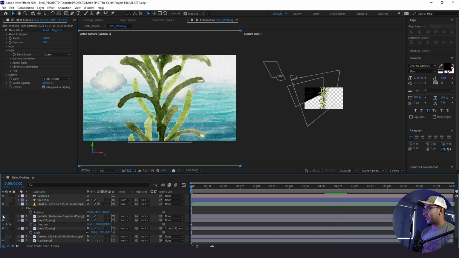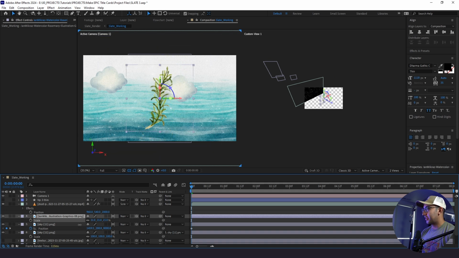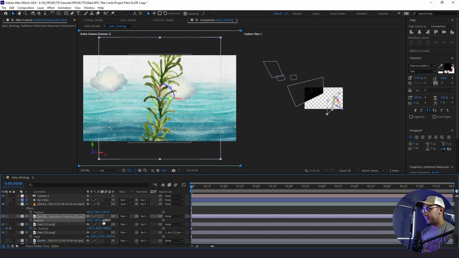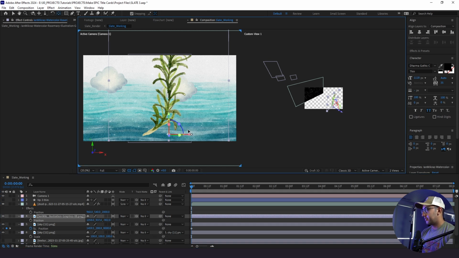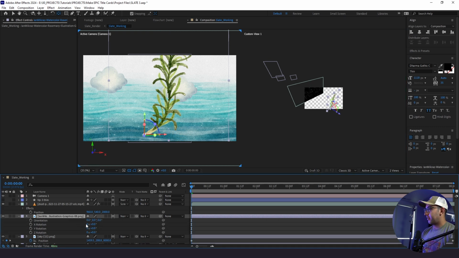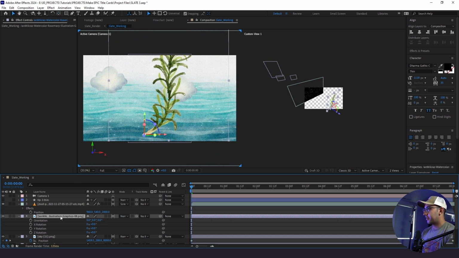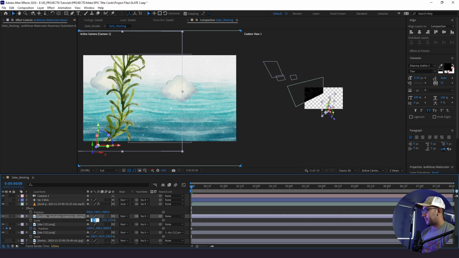All right, now it's time to work on our branches. So we have these little, I'm calling them branches. They look like seaweed, but you get the point. I'm working on these things, and I'm going to put this back in Z space by -1,000. And what I'm going to do is actually move the anchor point down here. That way, when we do any sort of rotation or anything like that, it's all from the bottom. So that's why we moved the anchor point. So now what we're going to do is just bring this down here, shrink it,